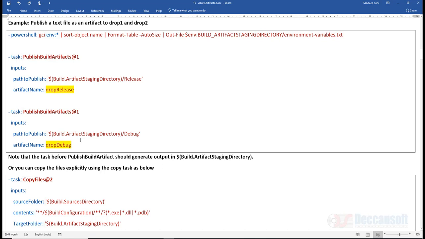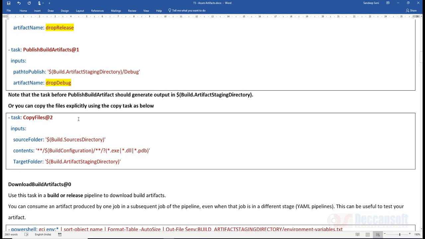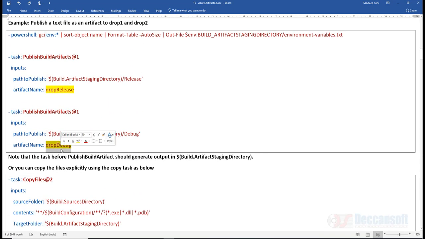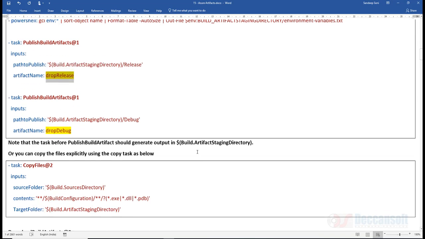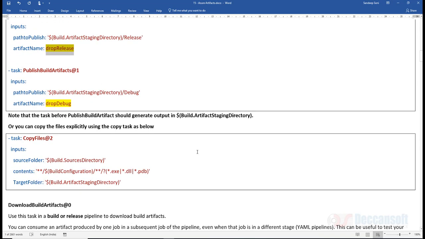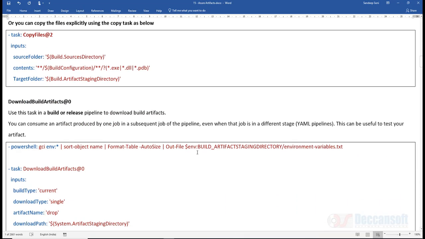So what is the advantage? When you are going to download, debug drop you will publish into probably a dev environment, and release drop you are going to publish in the production environment. This will be suitable for debugging, this can be suitable for production. So like that, you can download the respective artifacts by their name and then publish it.